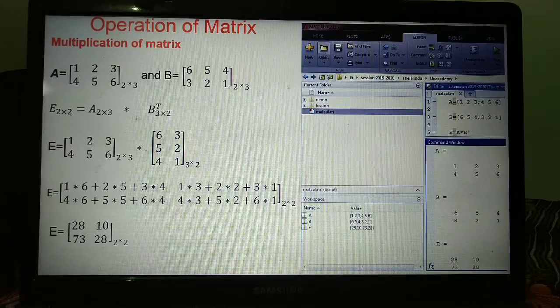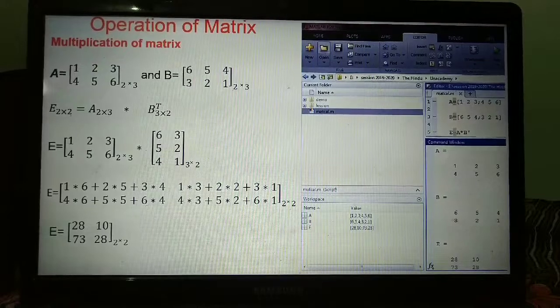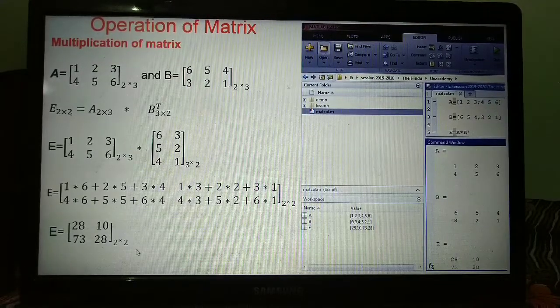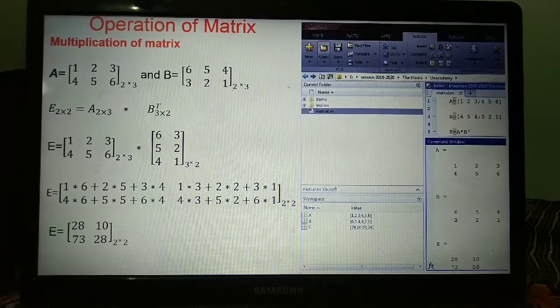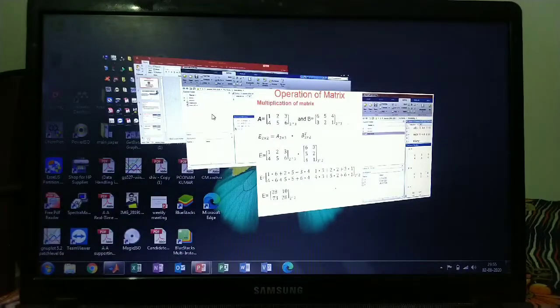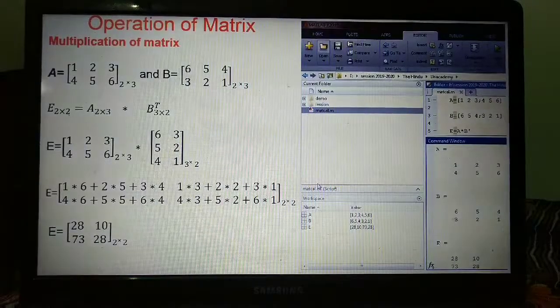I wish to multiply A into B. In simple mathematics, we multiply the rows of A with the columns of B, and I have shown the corresponding result here. But how to multiply in MATLAB, that I am going to show you. Please follow me, I will explain how to multiply in MATLAB.